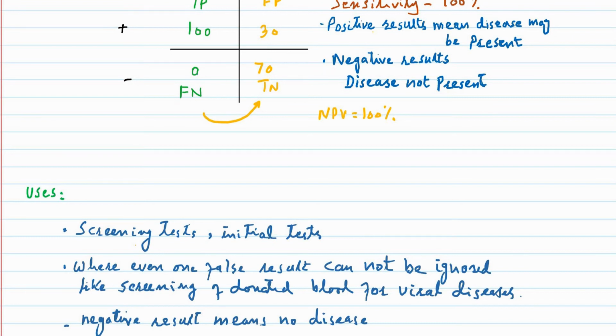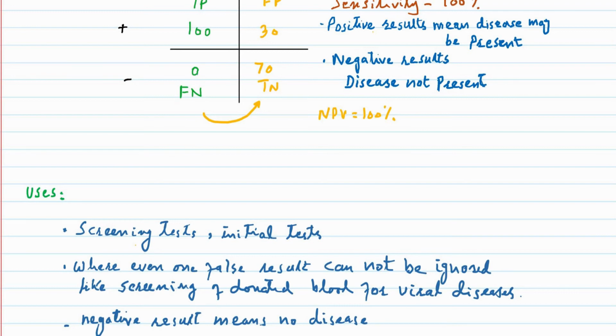Suppose we have a screening test for a cancer. We'll perform this test, and this will detect all the people with disease, and some people who are healthy will have false positive results. Then we'll need to perform further tests to find which person actually has disease and which are the false positive